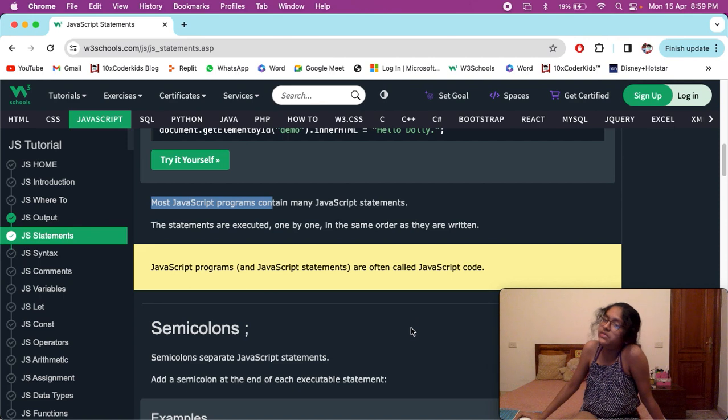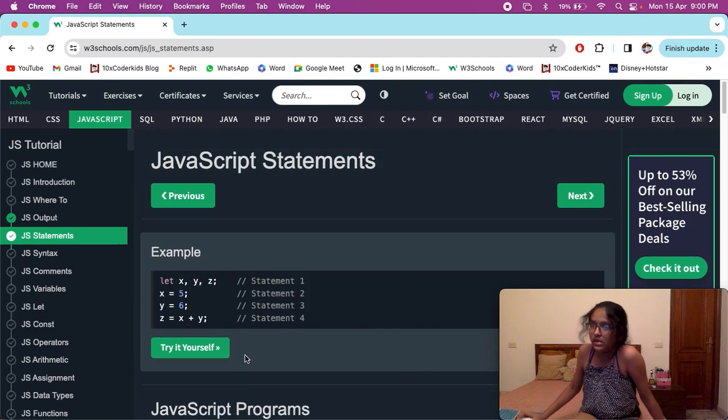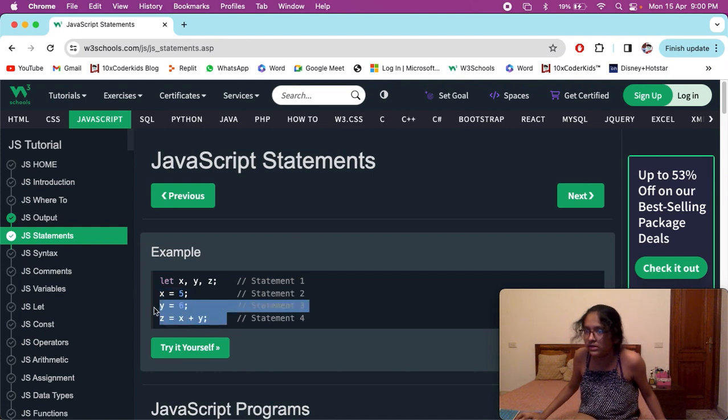The statements are executed one by one in the same order as they're written. It's not going to be that it leaves this and first executes this, then this. No, it will go in an order. First it sees let x, y, and z.